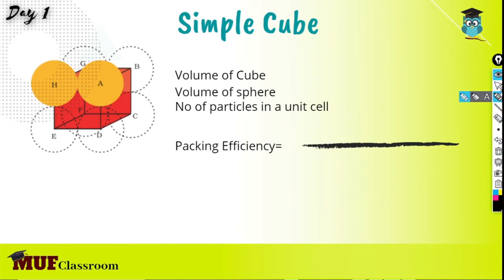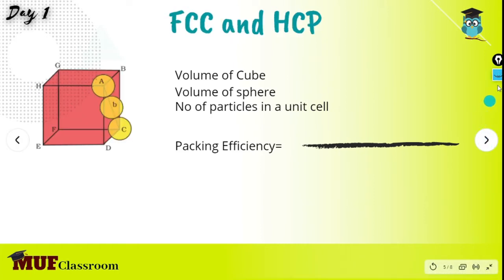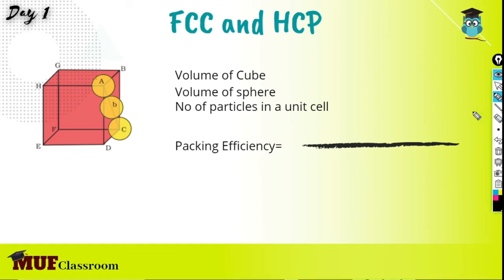Next, we have FCC, face-centered cube. Face-centered cube, hexagonal close packing, and cubic close packing have almost the same efficiency. Therefore, even in FCC, the edge length is considered as A. And to find the relation between the edge length of the cube and the radius of the sphere, we need to work with Pythagoras theorem. So we will consider triangle